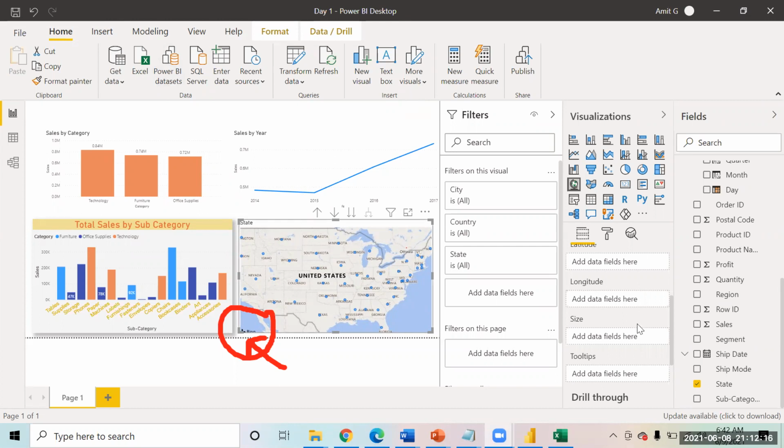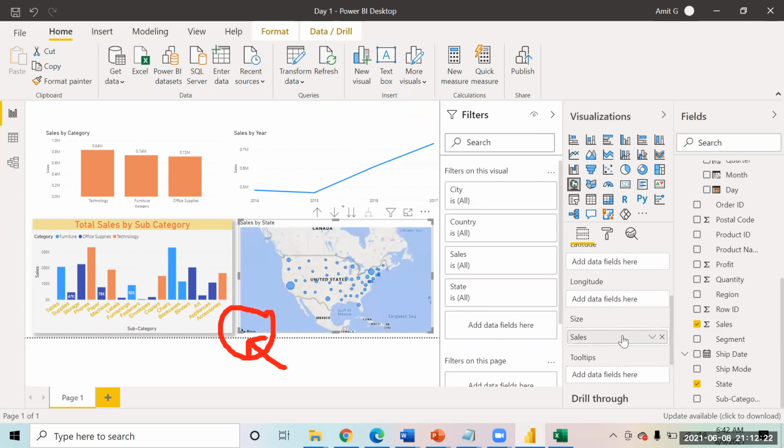If you come to the size, you can pick up the sales and put that on the size. And you will notice the chart has now changed. You can see that the bigger the bubble, the higher the sales, and the smaller the bubble, the smaller the sales.